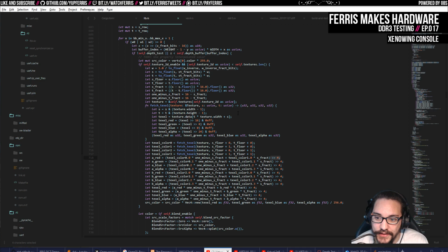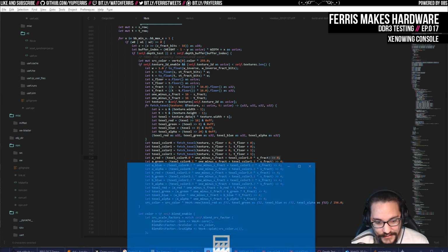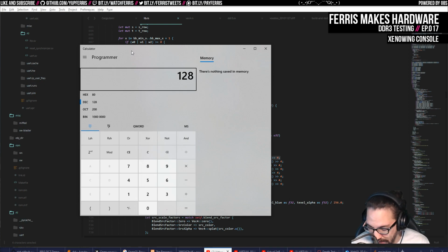And so I started moving everything to 16-bit. I moved both the textures and the frame buffer to 16-bit, and it looked so bad. It was really disappointing. Another thing that I did is I also dropped the max texture resolution to 128 by 128, and again you do some back of the napkin math. So if we do 128 by 128 by 2 bytes per pixel,